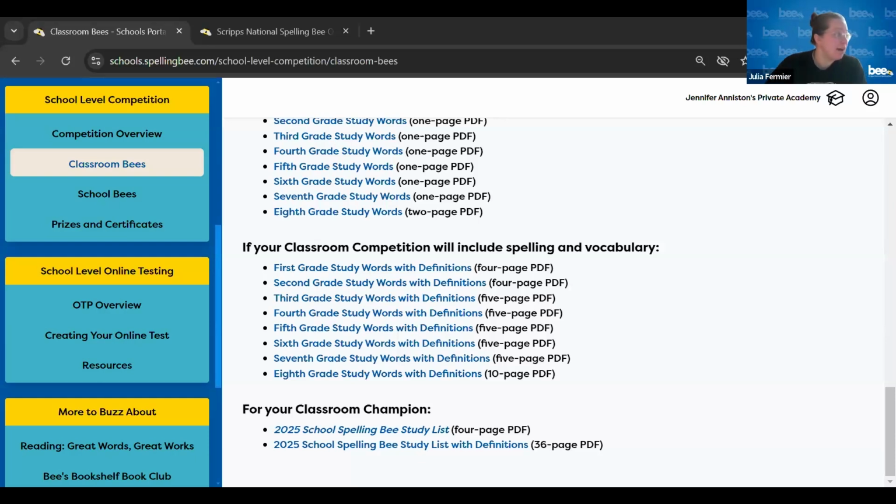So the question is, as a bee coordinator, am I able to assign every participant at the school under one account, or must students each create their own account? So we do recommend that students have their own accounts. If you try and create an account where all the students are assigned under one account in the OTP and they try and take the test at the same time, they could experience issues. The system is unfortunately not really made for that, so we do recommend that each student have their own account